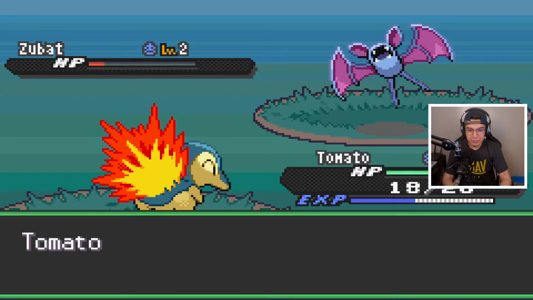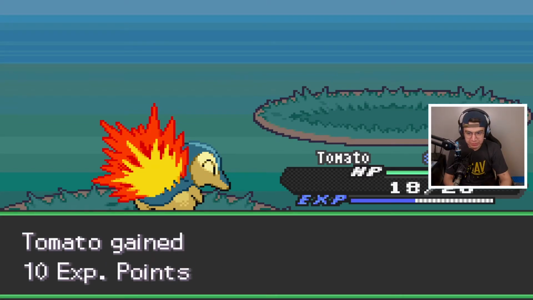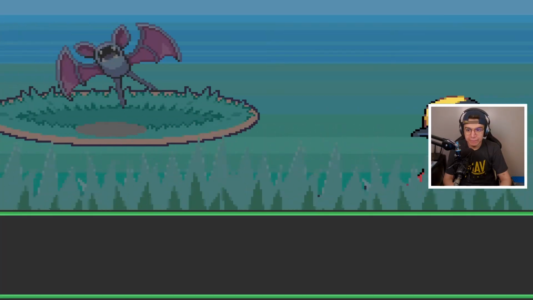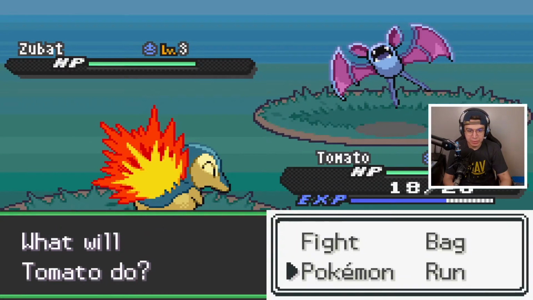Alright, let's knock out the Zubat, get some experience. I do want to get some experience before we head over to Mr. Pokemon's house. 10 experience, that's nothing. Weak Zubat, bro. Weak Zubat. Alright, so I'm assuming all we're going to find here is Zubat. I don't even know if this is worth,